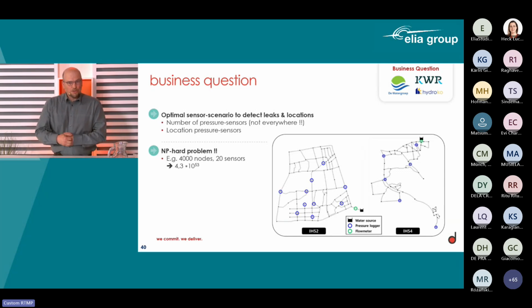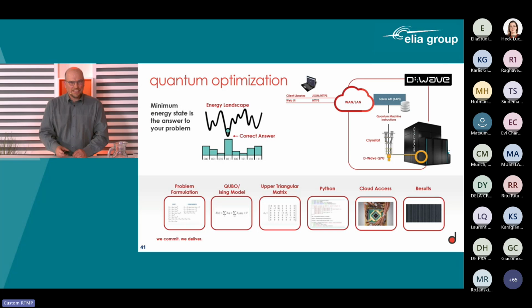So we took a contract with KWR. KWR is a consulting company specialized in water: purification of water, measuring of water, leakages also, those kinds of things. We asked the same question, and actually they said, we don't have an algorithm to start computing that. It just takes too much time to converge. So we don't actually have a solution. If you look in articles and literature, you find many ideas, but not really a very good solution at converging rapidly. So this was a very nice problem to start with. Basically, nobody knows how to start dealing with that.